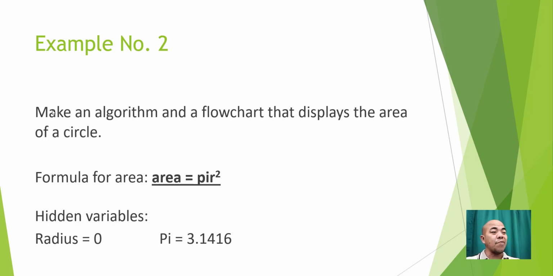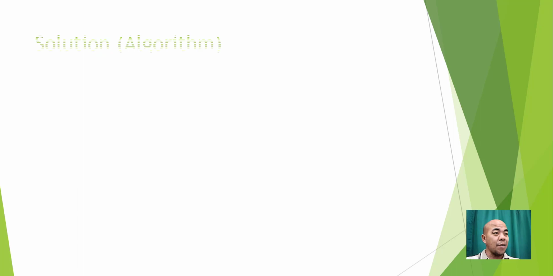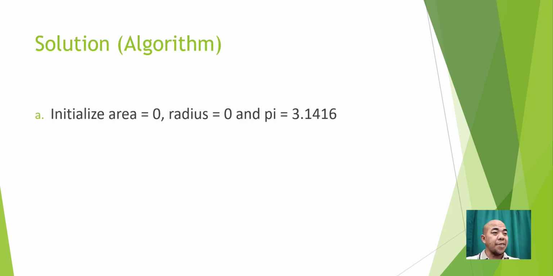Now, the visible variable here is only the area, but actually there is a pi and the radius. So pi is a constant, 3.1416. Radius is unknown, not yet. So that's why here we have to input the value of the radius. Now, for the solution, initialize area equal to 0, radius equal to 0, and pi equal